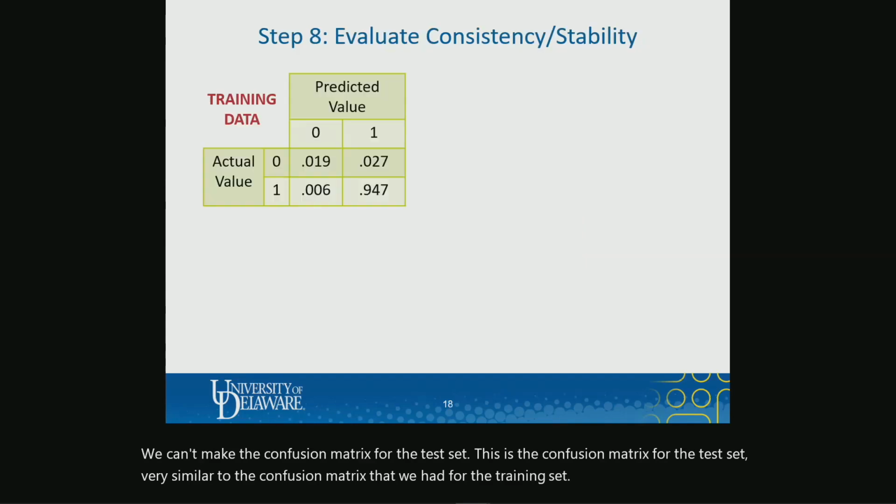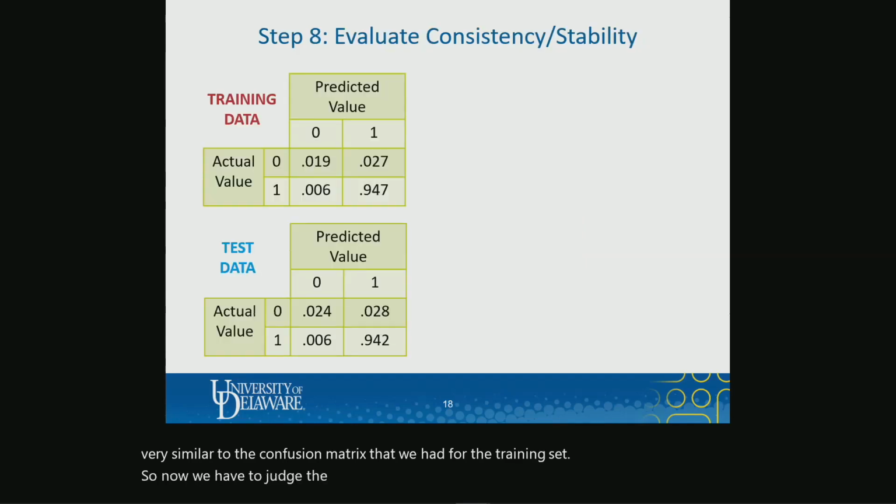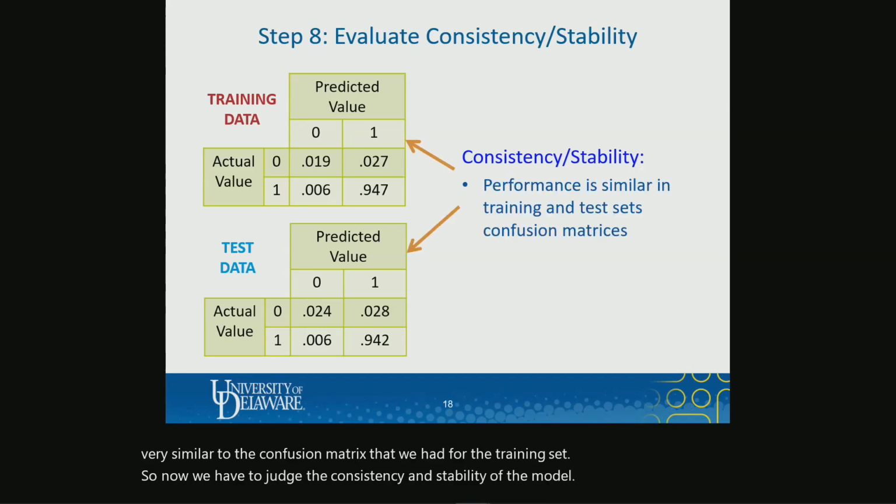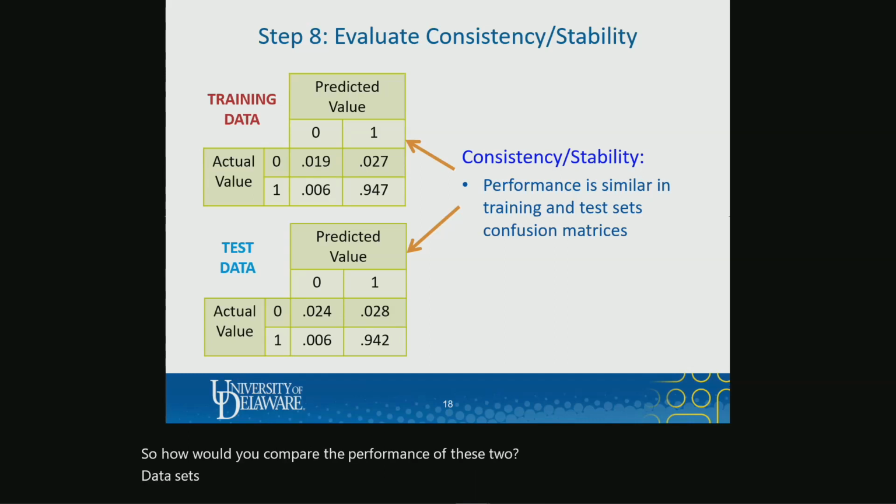So now we have to judge the consistency and stability of the model. So how would you compare the performance of these two data sets, the training data set and test data set? You compare the confusion matrices. And the confusion matrices are very similar. As you can see, it's about 95%